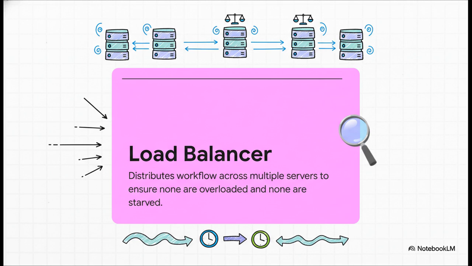When a request comes in, the load balancer looks at all the available servers and says, okay, you go to server A, you go to server C. Its main job, its whole reason for being, is to make sure no single server gets totally slammed. It just spreads the work out nice and even. This keeps everything fast, efficient, and most importantly, keeps your application from crashing.